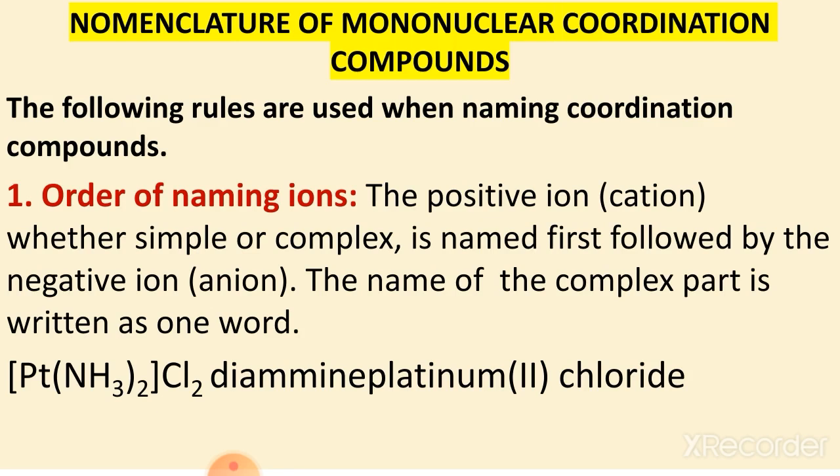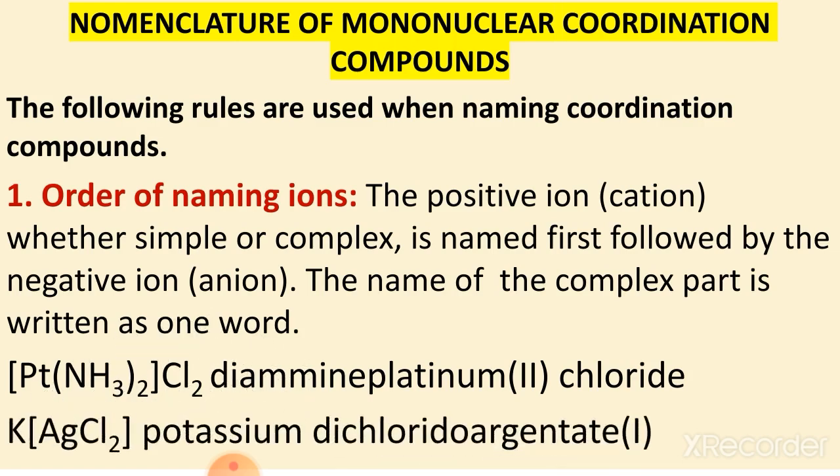Here second is the charge on platinum, and then after the square bracket, Cl is written, that is known as chloride. Just think of sodium chloride. Here the name of the complex is diammineplatinum(II) chloride. First of all you have to calculate the charge on platinum. Let the charge on platinum be x, ammonia has 0 charge and Cl⁻ gives 2 minus charge, and this is equal to 0. So Pt equals plus 2. In this way you can calculate the charge on the central atom.